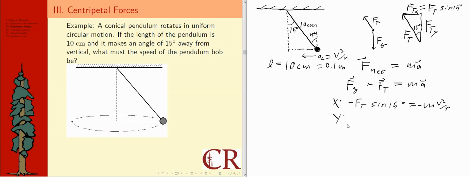In terms of y direction, I think I'm going to get minus, I'm just going to throw in here minus mg already, because the force of gravity points down, has a magnitude of the weight, which is mg, and then it looks like the tension force has a positive component, and this y component is really going to be equal to F_T cosine of, I barely have enough space here to squeeze it in, cosine of 15 degrees. So I'm just going to put a plus F_T cosine of 15 degrees right here, and those two should balance out to 0 since there is no vertical acceleration there. Okay,